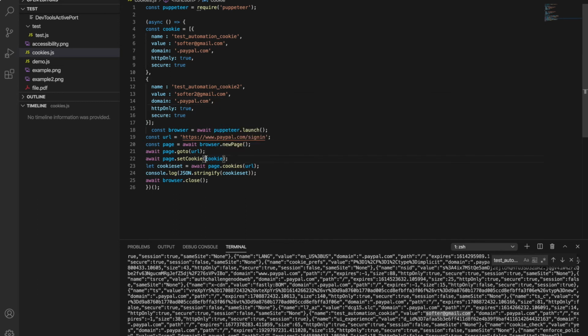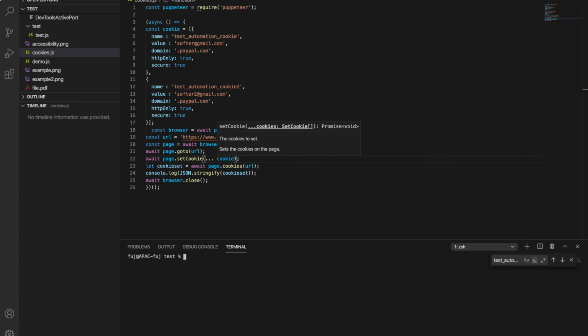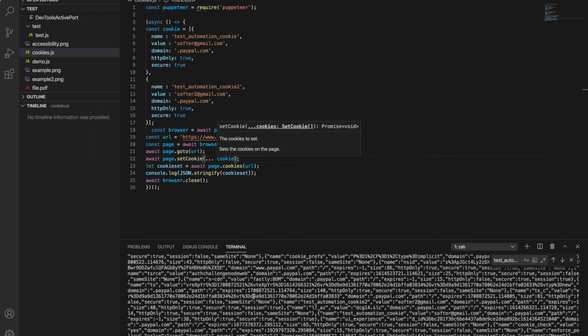To run that, I have an object, so I have to pass an array. Let me clear that so we can have better output. Now let's check again. We should have two cookies. See, we are getting two cookies, one here and one here. So this way we can set multiple cookies.